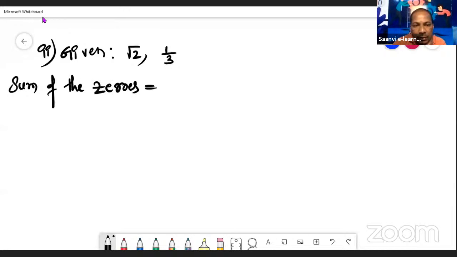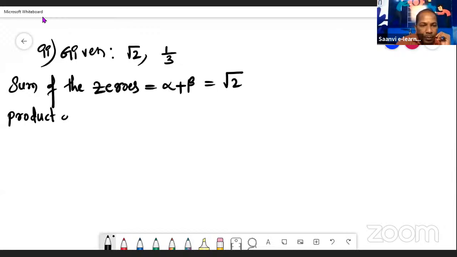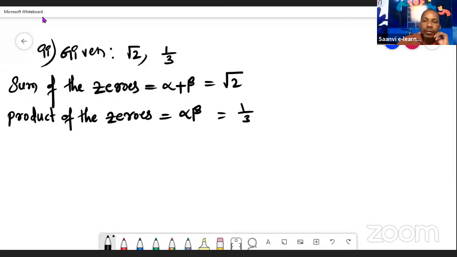The sum of the zeros we denote by alpha plus beta, which is equal to root 2. Okay, first number. Next one is the product of the zeros. The product of the zeros we denote by alpha beta, which means alpha into beta. That is equal to 1 by 3. Okay. So therefore,